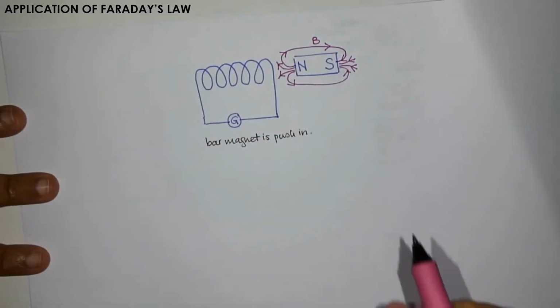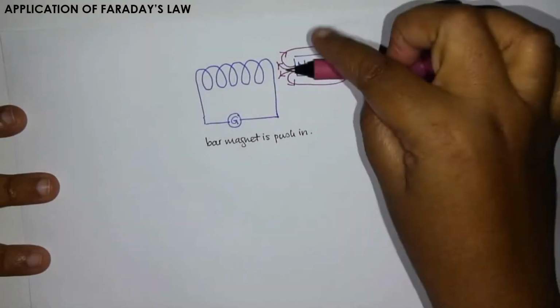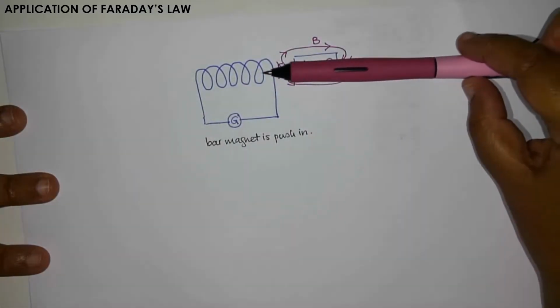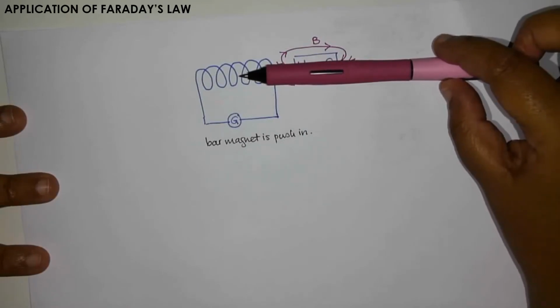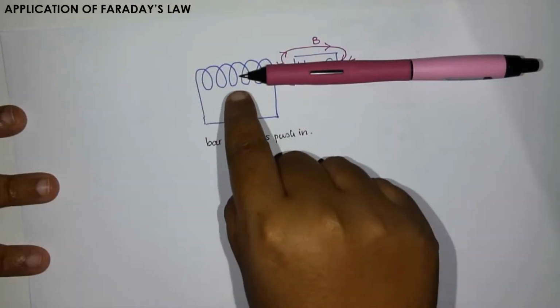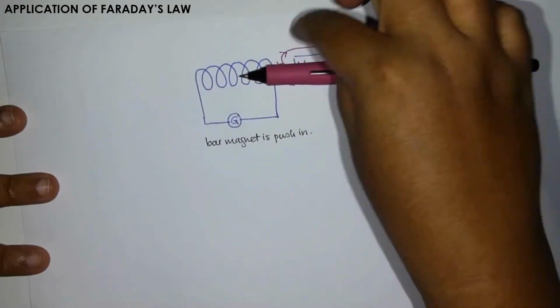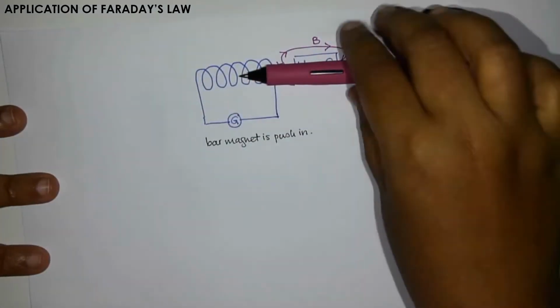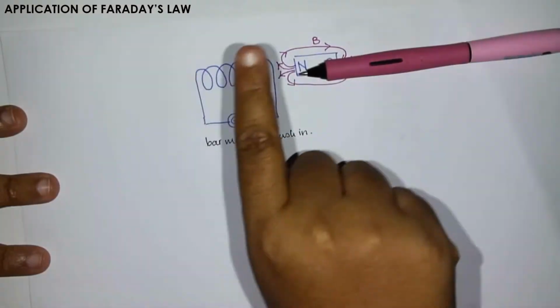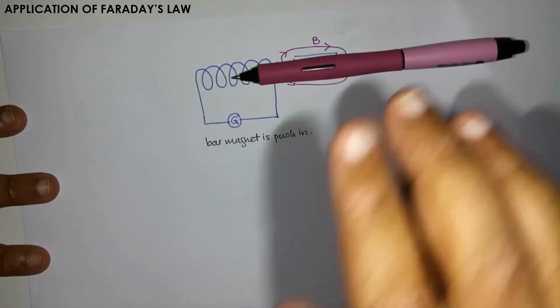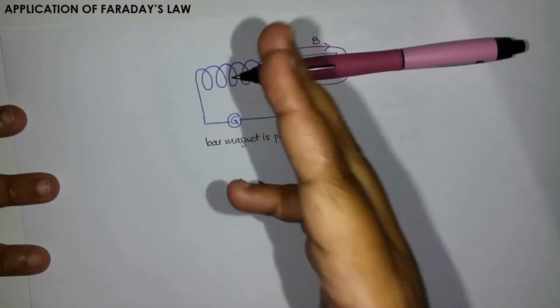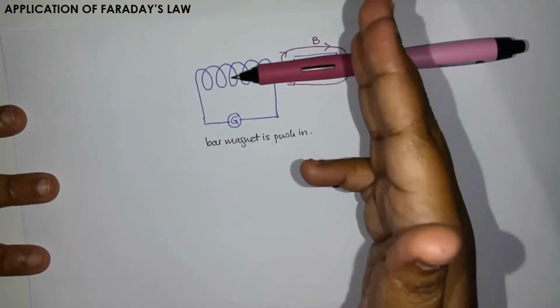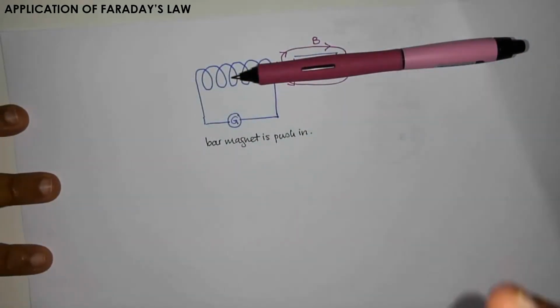When the bar magnet with the field is pushed into the solenoid, the conductor will cut through the magnetic field B. The more you push in, the more coils will cut through the magnetic field. So when the bar magnet is pushed in, the magnetic flux